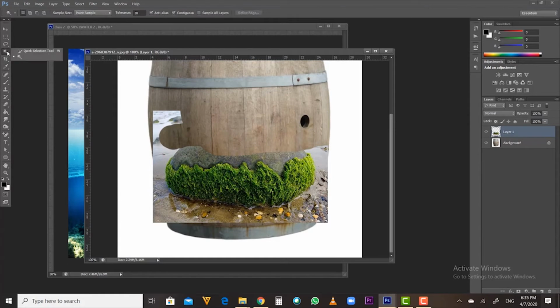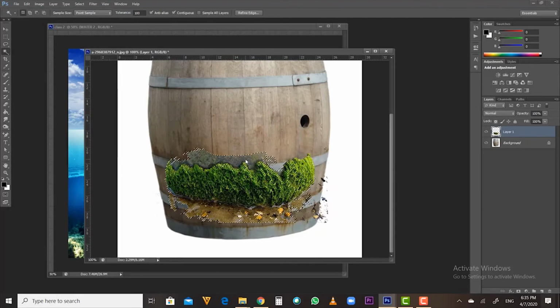All right, or you can use this magic wand tool. This magic tool actually gives you the ability to select all the similar colors. Let's reset this to 100 and then hit enter, and then if you click here you will see this is the area that the magic tool selected, and then you just hit delete, then go again here and here. All right,